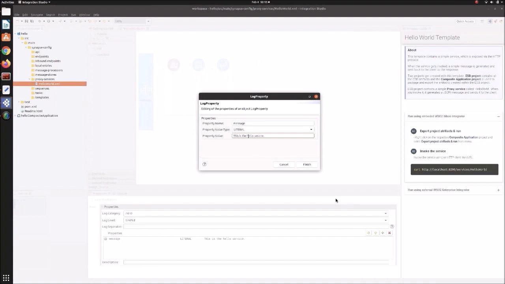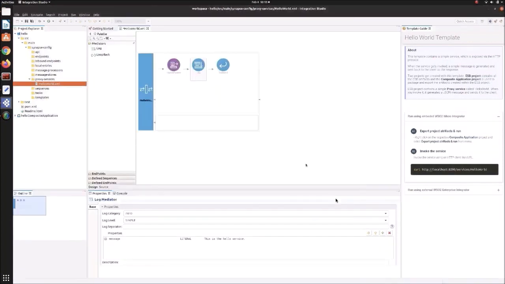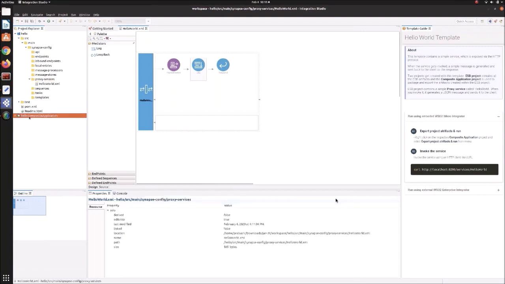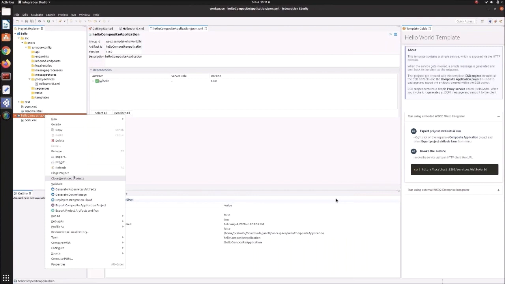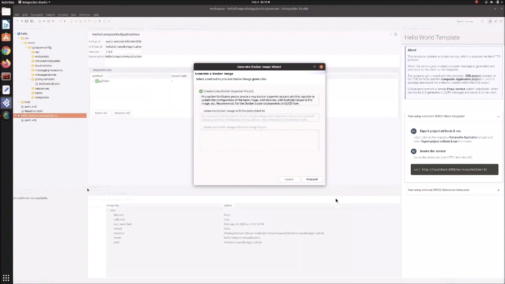to our log mediator. Then once we select it, this is our composite application, and we can simply right click on our composite application and click on generate Docker image. There we get a wizard with 3 options.